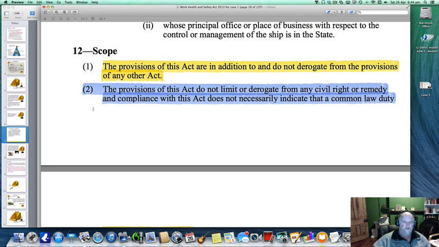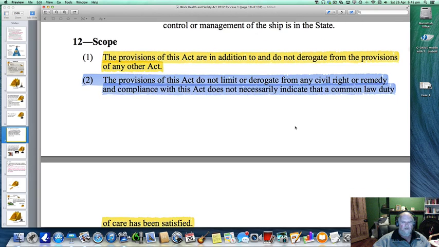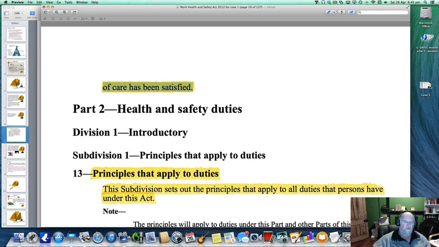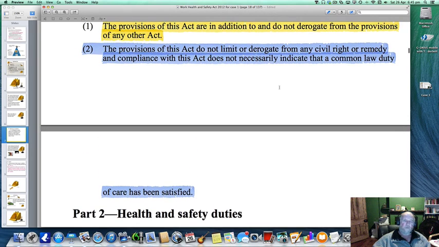Okay. The provisions of this Act do not limit or derogate from any civil right or remedy, and compliance with this Act does not necessarily indicate that a common law duty of care has been satisfied. So now, what the hell does that mean? Well, you remember, if you go back to the original lectures that I gave you on the difference between common law and legislation, and I told you about the case of Donoghue and Stevenson,